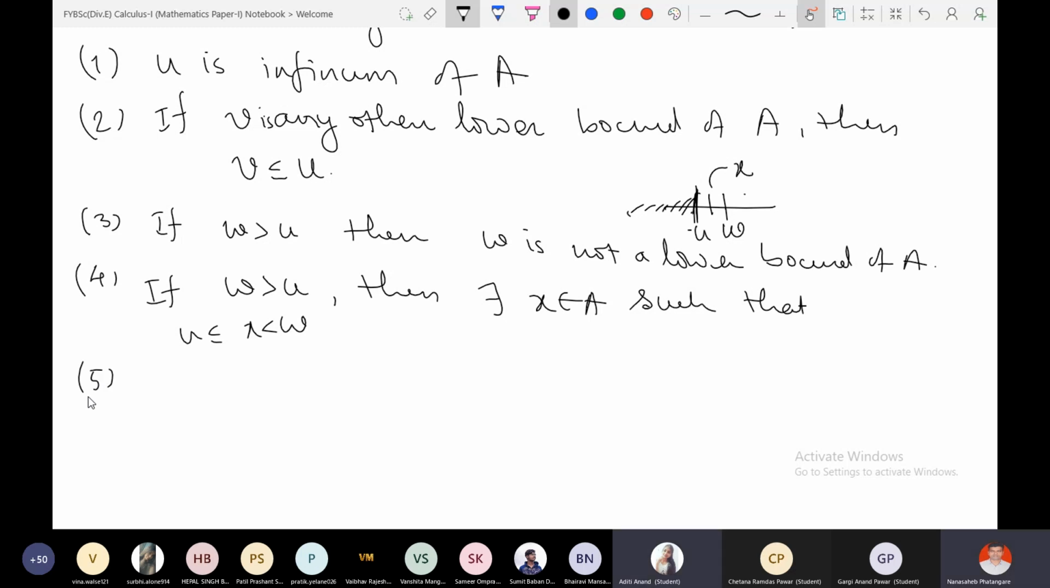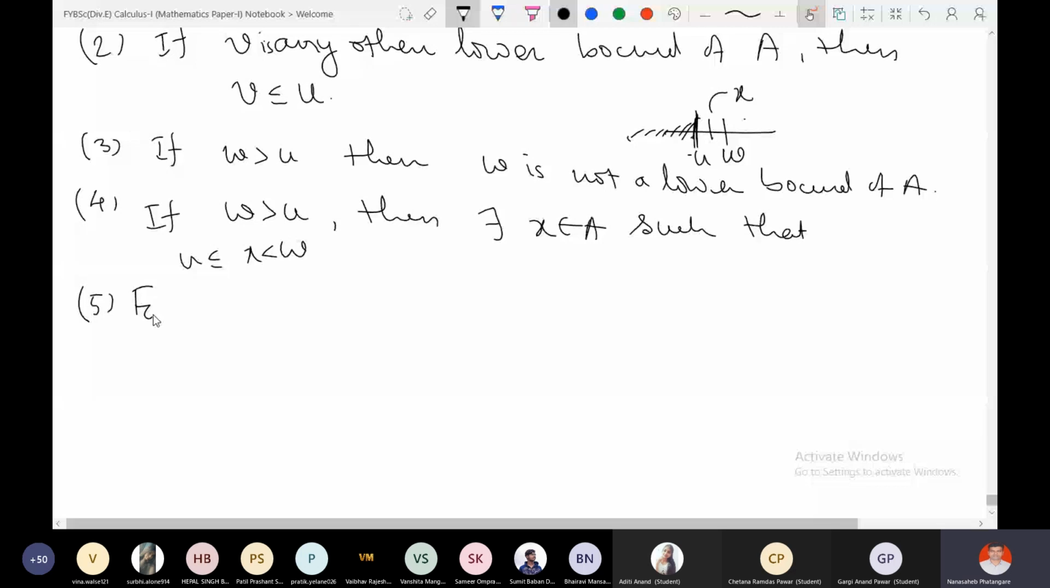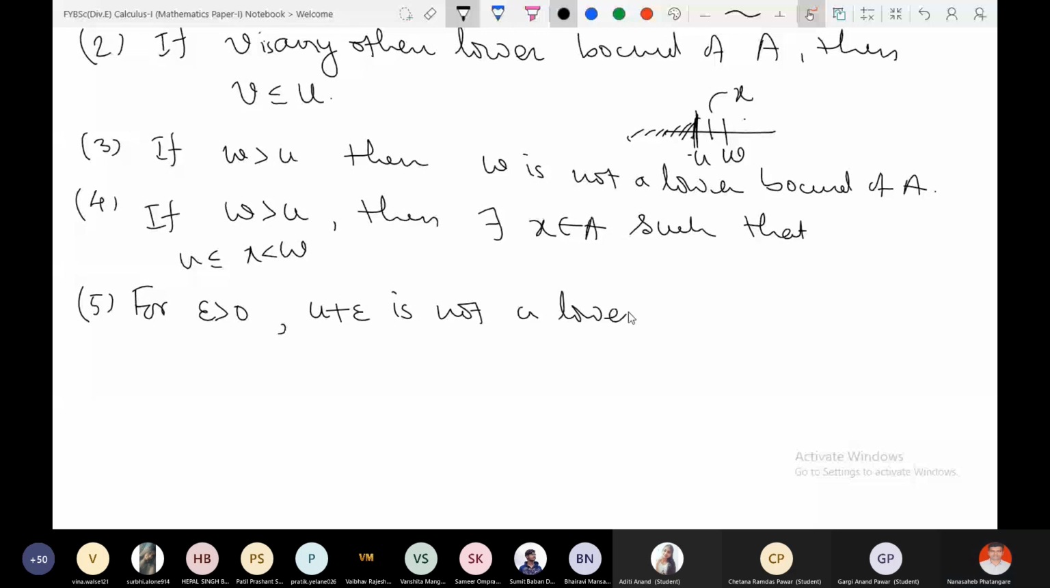Now for any positive epsilon, U plus epsilon is not a lower bound. Am I right? Because if we add some positive amount epsilon to U, then it will be a bigger quantity. But we are saying that U is the infimum, the greatest lower bound. So this number U plus epsilon cannot be a lower bound, because U is the greatest among all lower bounds. So U plus epsilon is not a lower bound of A, and it is equivalent to saying that for any epsilon